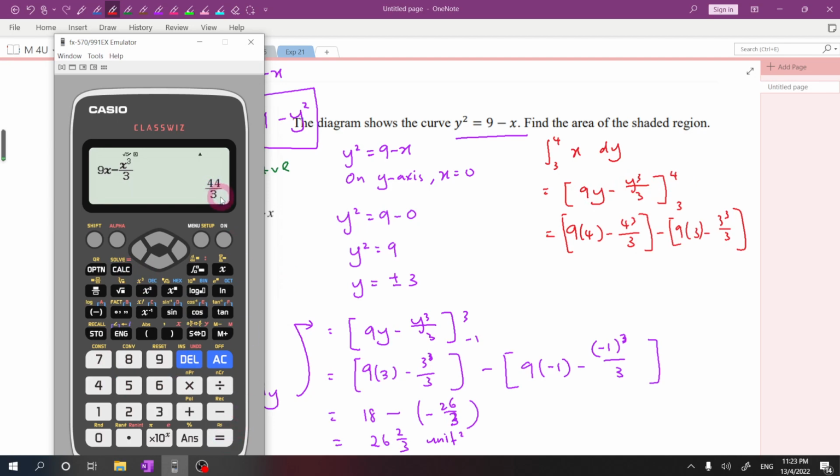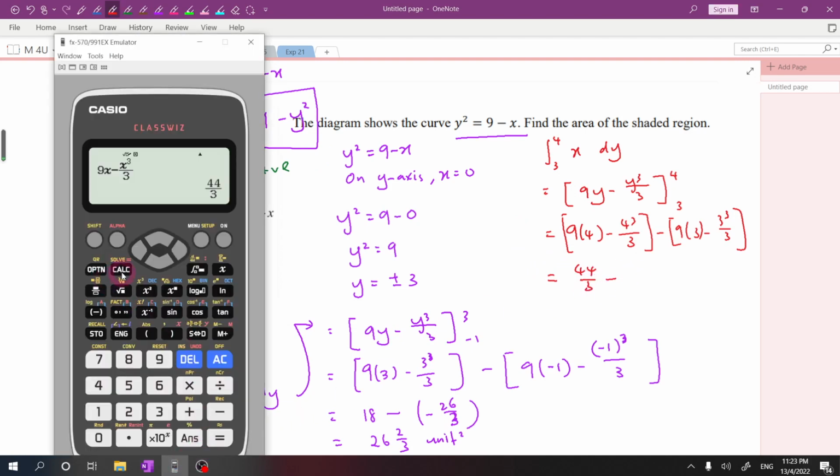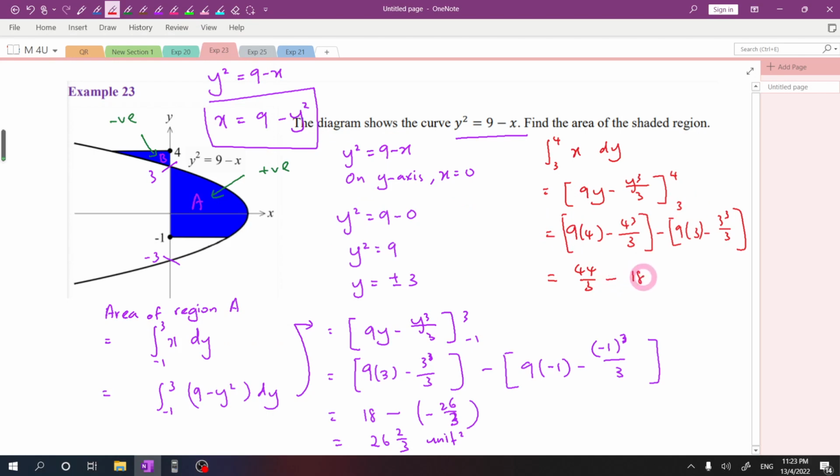You will get 44 over 3. 44 over 3 minus, press calculate, now key in 3, press equal 2 times, you will get 18. 44 over 3 minus 18. You will get a negative answer as we expected because this is on the left hand side